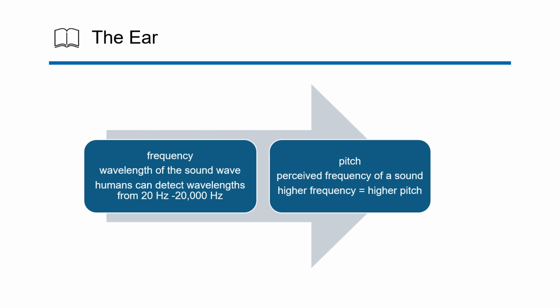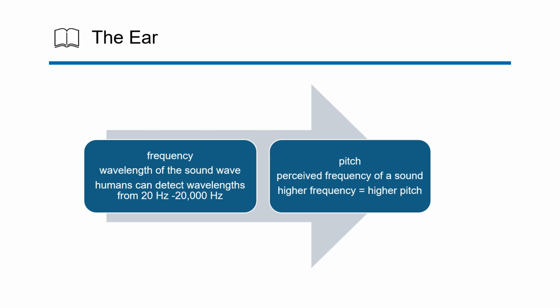For example, a low frequency sound vibrates slowly, and this creates a very low pitch, like a deep bass drum or a deep bass guitar sound. In contrast to something with a high frequency, where the sound vibrates very quickly, it creates a very high pitch, like a bird chirping. So the psychological implication of this is that our perception of pitches influences how we interpret and react to sounds. So high-pitched sounds can grab our attention more easily, like a sudden whistle, while low-pitched sounds can create a sense of depth or tension, like thunder rumbling in the distance.